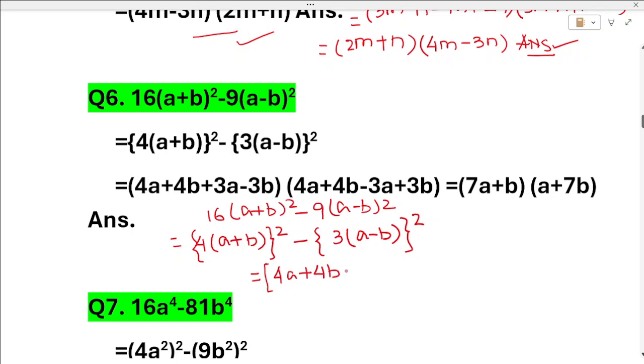Now minus of what? 3a plus 3b, because it is minus 3b, but when we are subtracting, the first term is the difference of the terms, so while taking the difference it will become plus. And the other term is 4a plus 4b